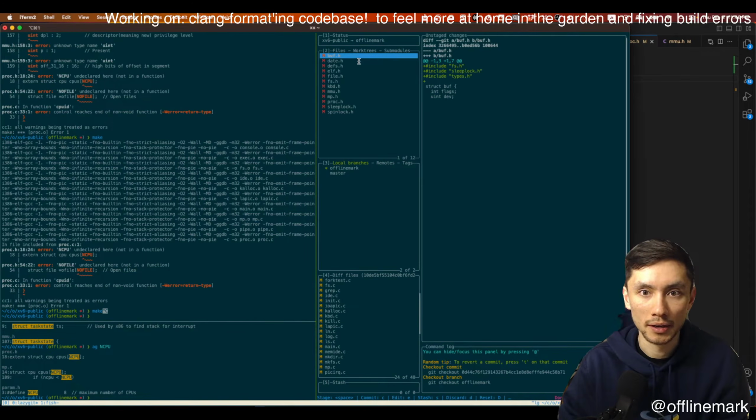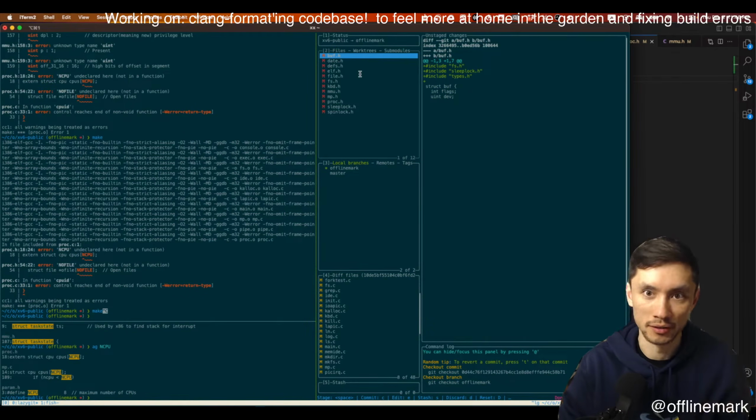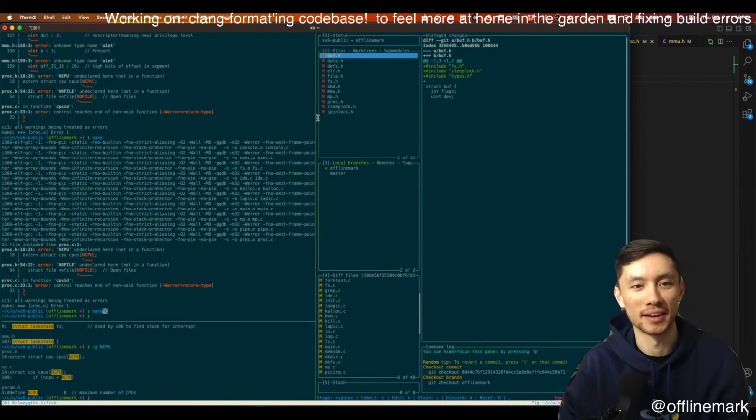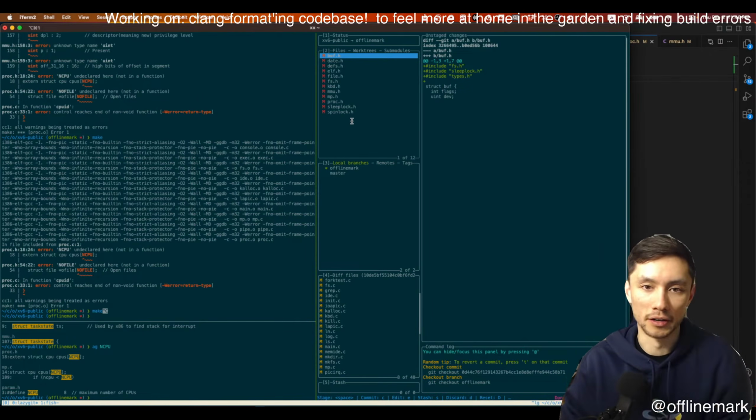But anyway, now we understand the root cause of why the build is failing, and now we're actually doing good software engineering with our headers and our includes.